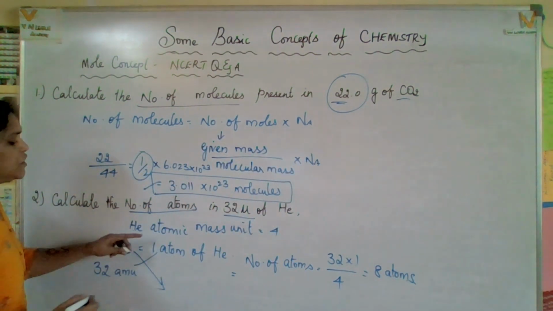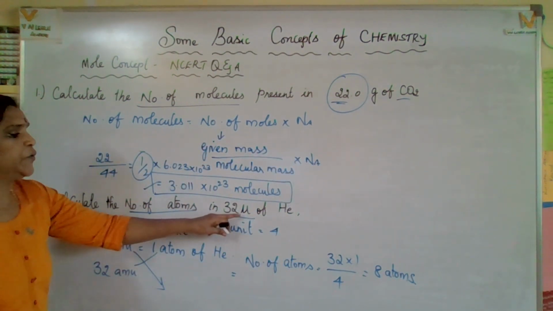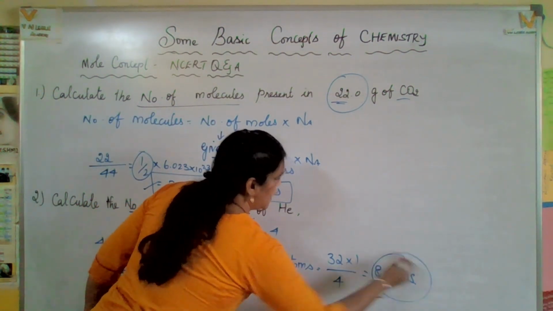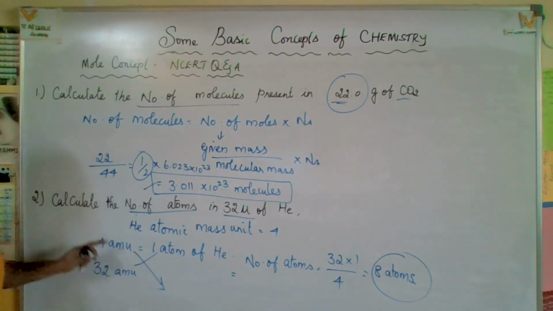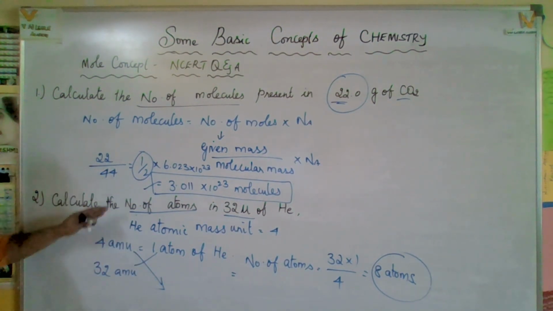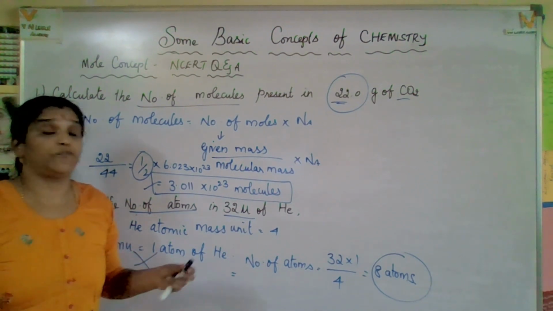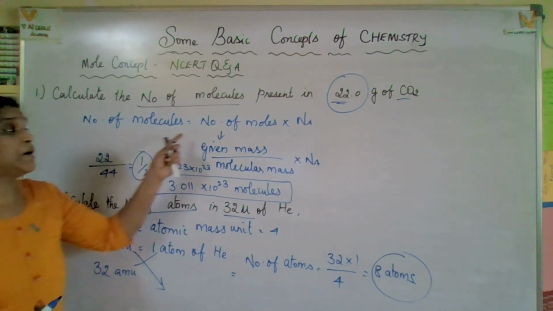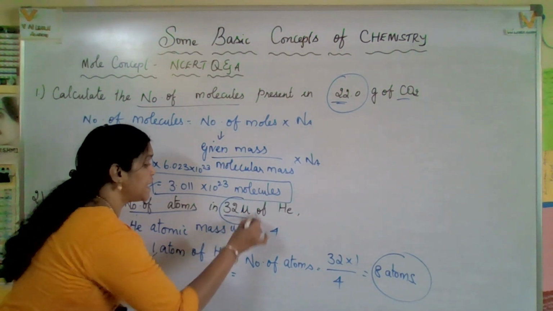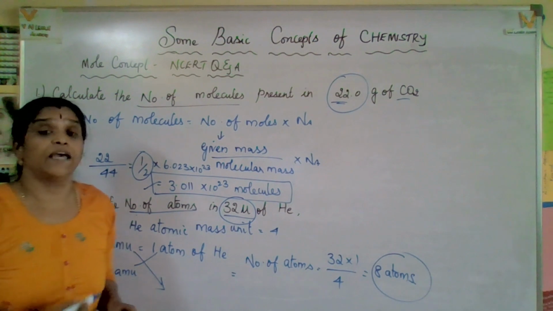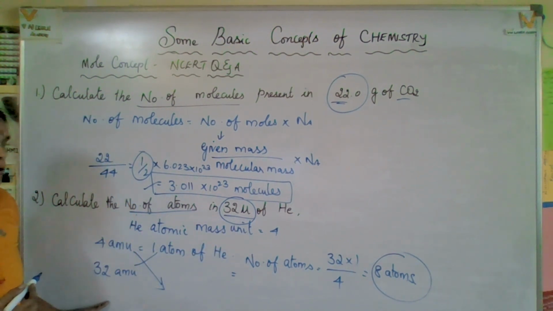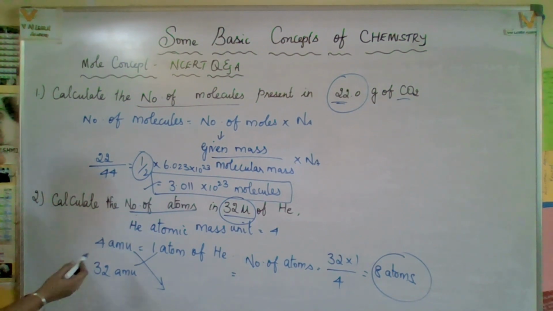Right? So in 32 unit of helium, how many atoms will be available? 8 atoms available. Hope you are getting an idea how to solve this. Number of atoms normally equals number of moles into Avogadro number, but here they have given that unit. Please note that carefully, read the question correctly and get the answer properly. I hope you got a clear idea.